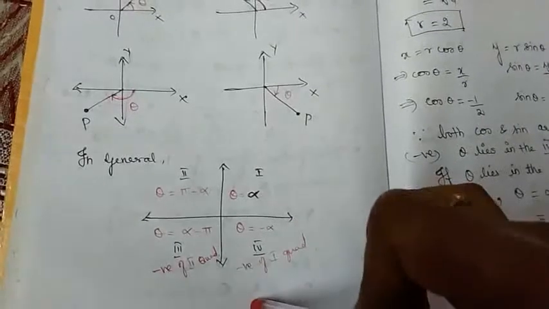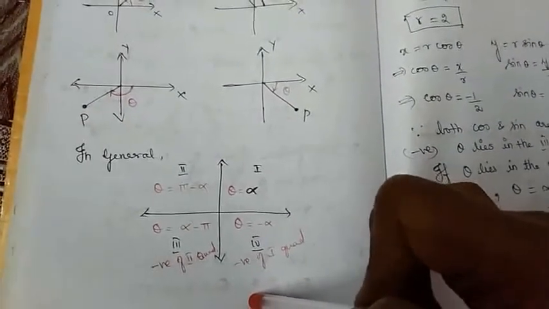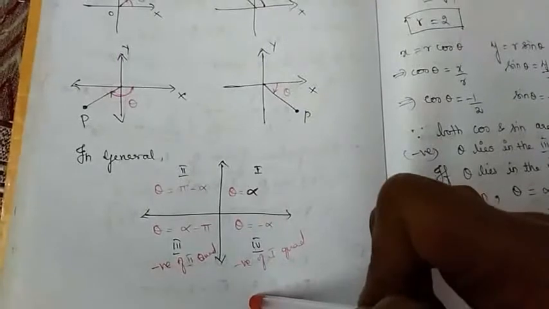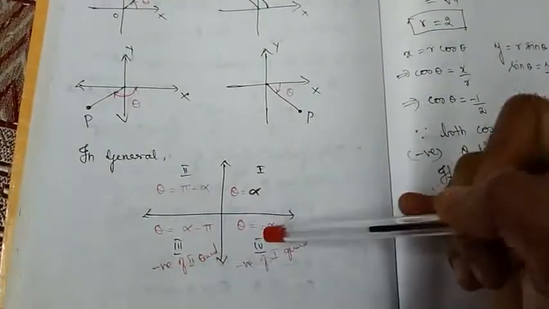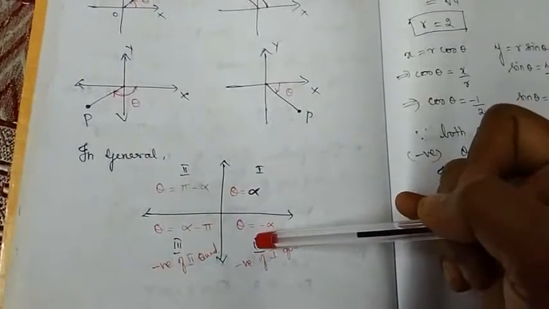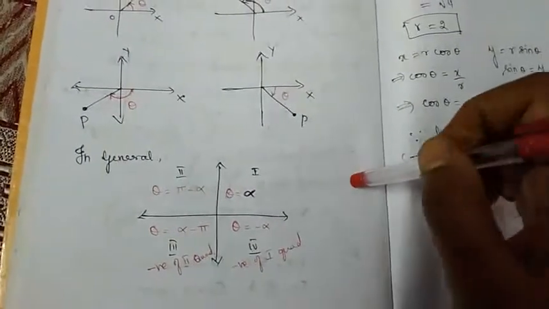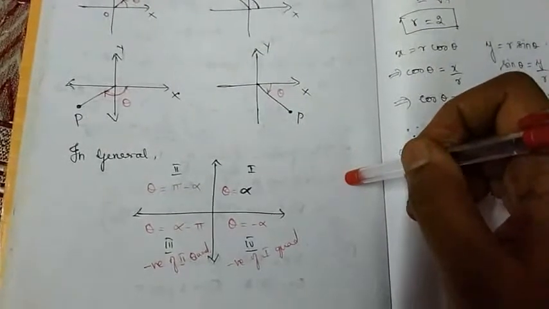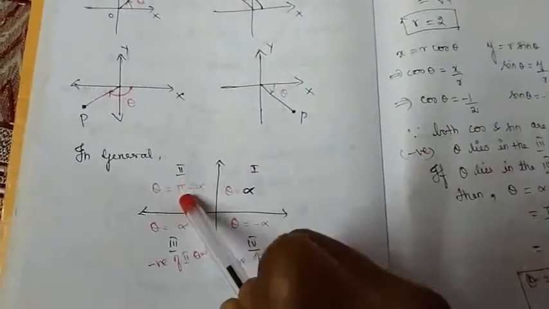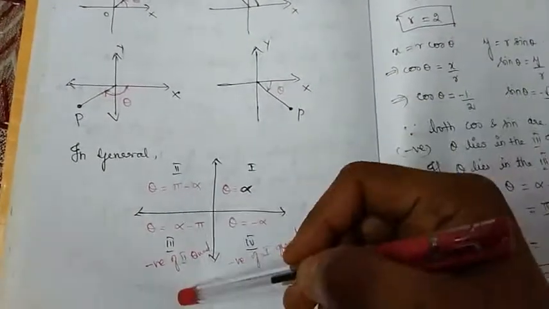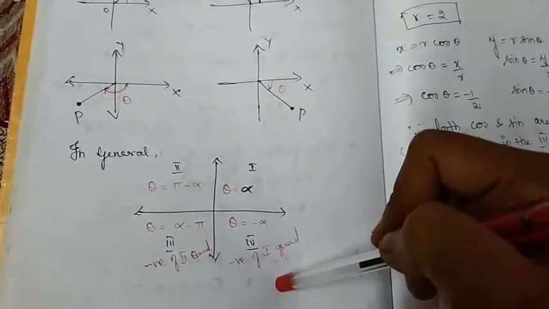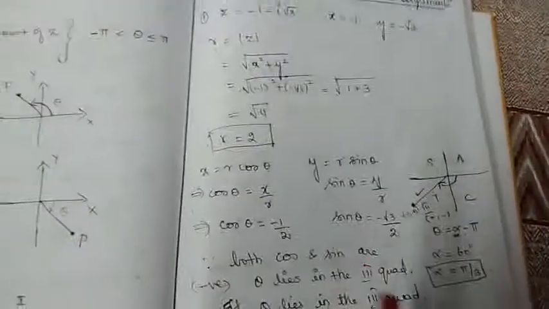Remember, this is not the case with the trigonometry we have learnt. In trigonometric functions, to find the solution of the equation, we will use pi minus theta here, pi plus theta here, and 2 pi minus theta here. Hope you remember. But when it comes to complex numbers, to find the principal argument, we will take it as alpha, pi minus alpha, and for the third and fourth quadrants the mirror image of this, alpha minus pi and minus alpha, right?